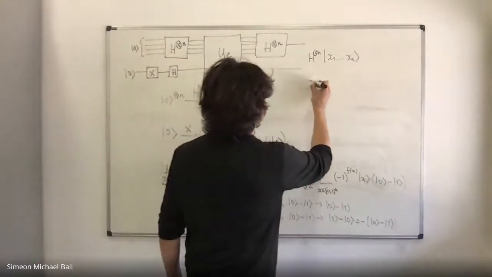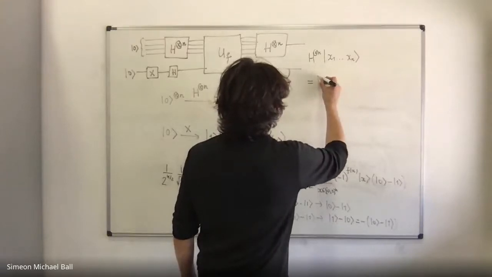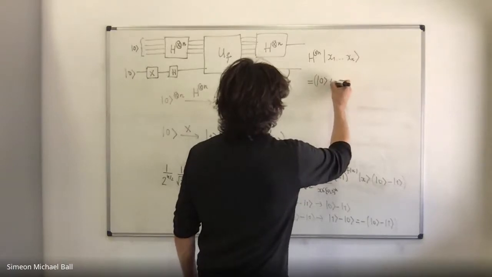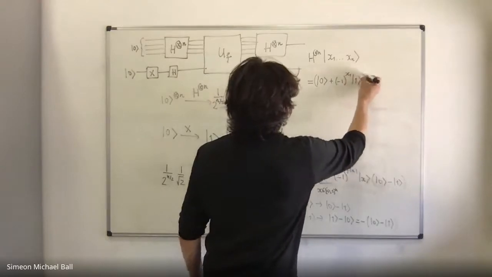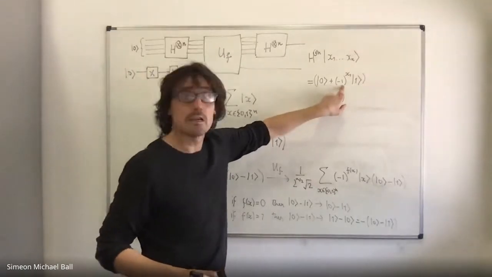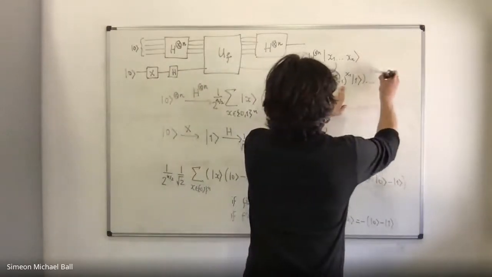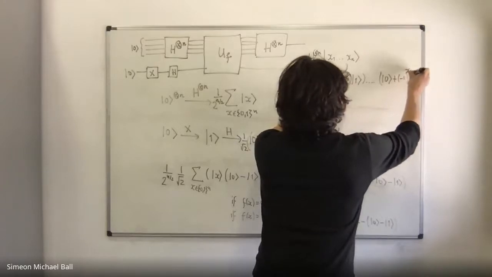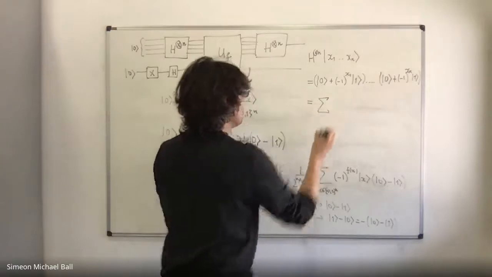How will this be then? Well, this x1, H of x1, is going to go to, let's think, 0 plus minus 1 to the x1 times 1. Okay, because if x1 is 0, then this is going to be a plus, and if it's 1, then it's a minus. So we get 0 plus minus 1 to the xn 1, which we can write again as the sum over